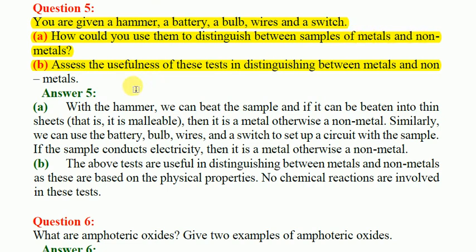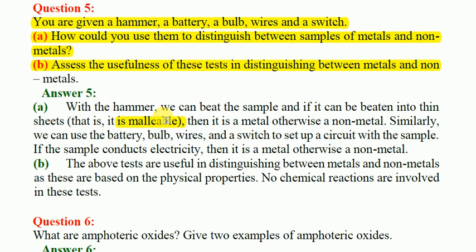Look at the first point, students: metals are malleable. What is meant by malleable? Nothing but making it into sheets. Metals are malleable, non-metals are non-malleable. When you hammer non-metals, they break into small pieces. So based on the malleability test, we can easily identify whether the element is a metal or non-metal. Similarly, you know very well, metals are good conductors of electricity, non-metals are